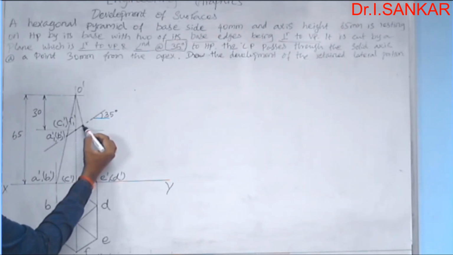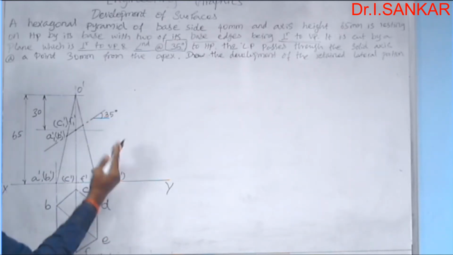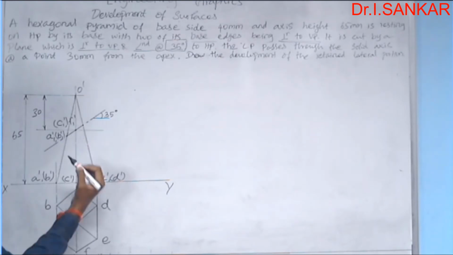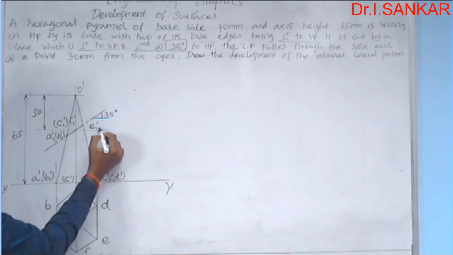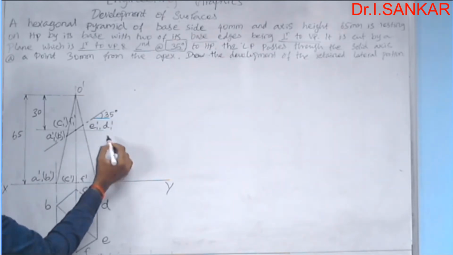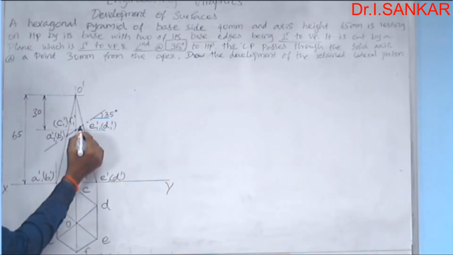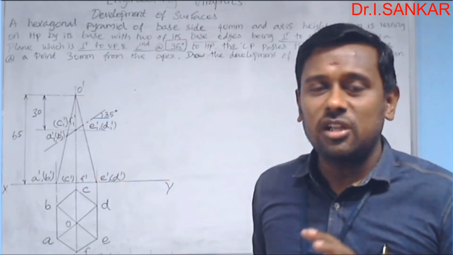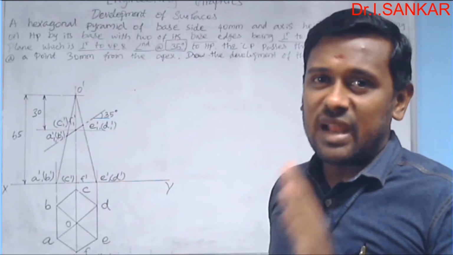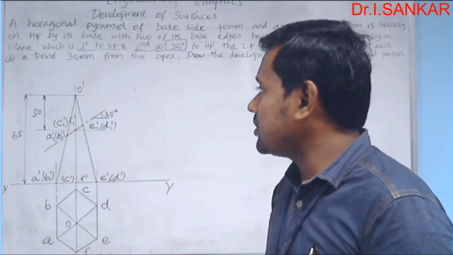And here one more intersection. Check O dash E dash, O dash D dash. Two edges are attacked in that intersection. So you have to give two cut points. They may be E1 dash and D1 dash. Out of that, D1 dash can go inside the bracket. So in that way we identified three places in the front view as cut points, and 6 cut points are obtained. Why are 6 cut points obtained? Because your cutting plane attacked 6 slant edges. So each slant edge will provide one cut point. So totally we are provided with 6 cut points.